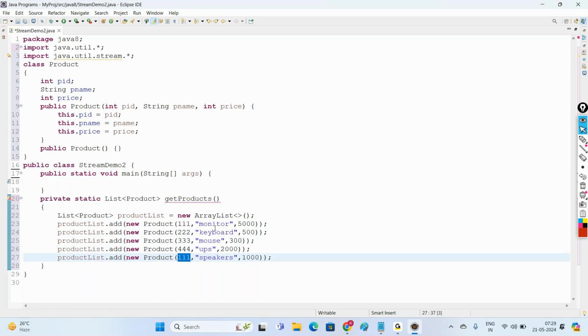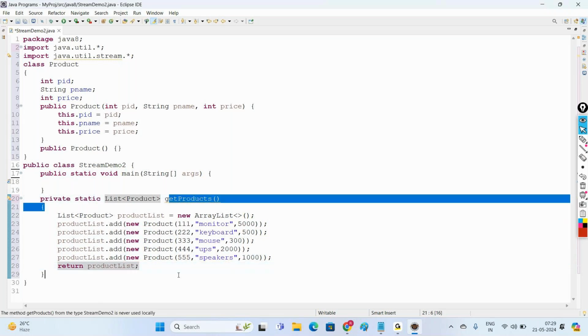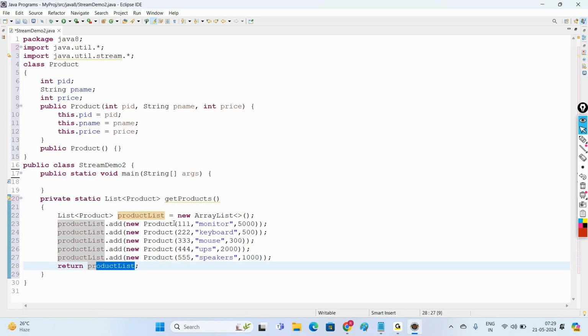We have added some products into the product list, then finally return the product list. Whenever you call the method getProducts, it's going to return the product list. This product list contains these 5 products. Now, coming to the main method,